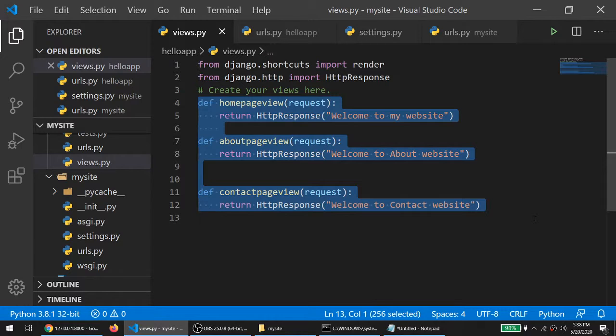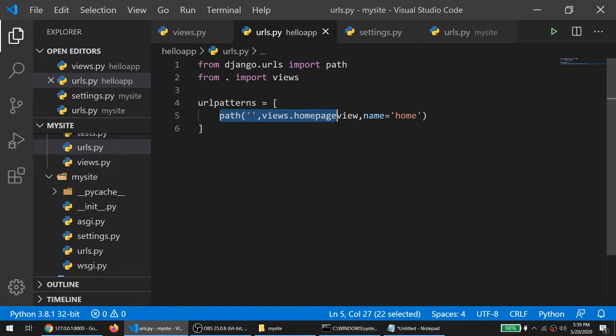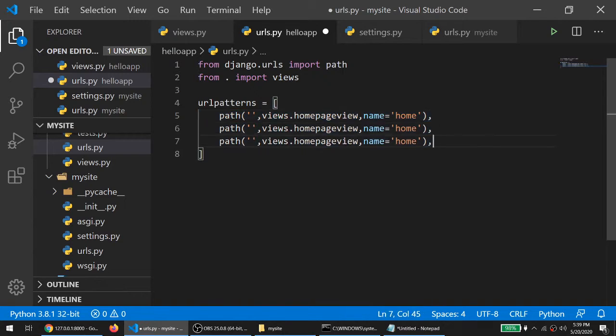Okay, and what is next? We also have to specify the URLs to call these functions. So just go to your urls.py. Again we have to copy. Yes, copy paste is also an important part of development. Here you can specify the about and contact, and the function name we have to change to about and contact, and here we have to change it to about and contact.